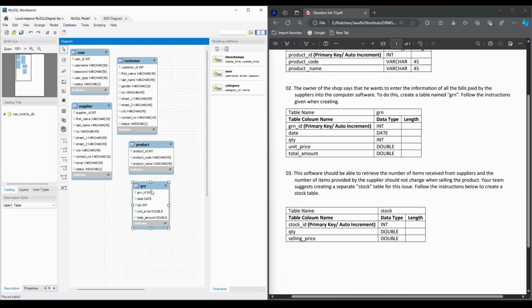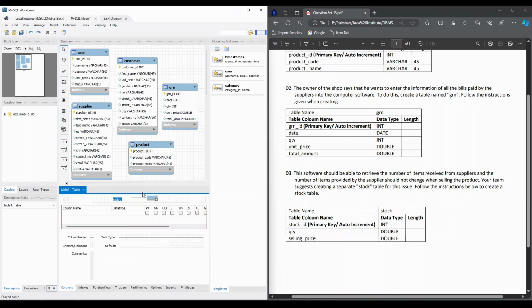Now we need to create our stock table. When selling items, the stock table must change, but the received quantity cannot be changed after a customer buys some product, so we need to create a separate table for that. So let's create the stock table. The table name is stock,